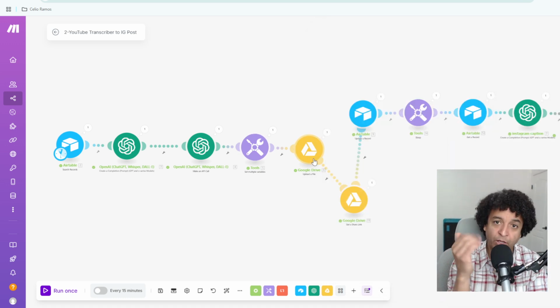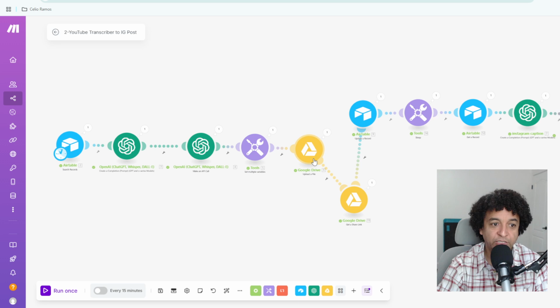So we generated the image. We turned the image into text, right? Binary data. We uploaded the image to the drive. Now we need to do what? We need to share, update our Airtable with the image. So we need to share a link, basically share the link where that image is inside